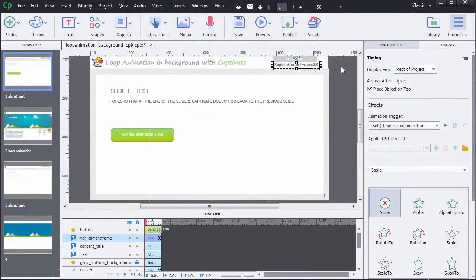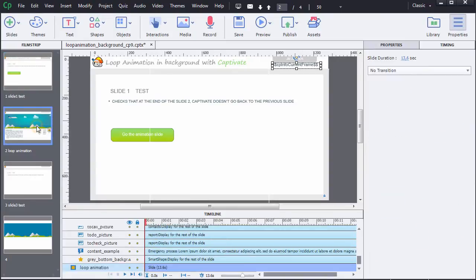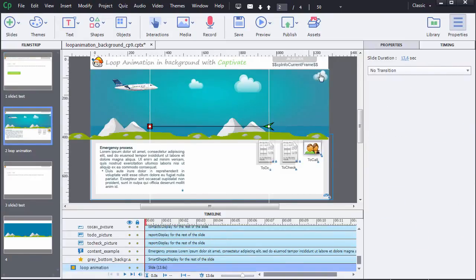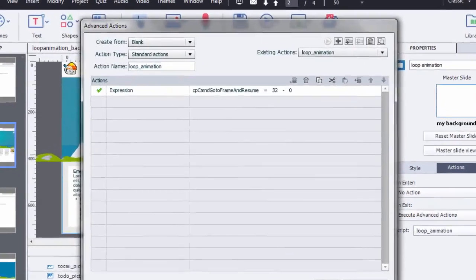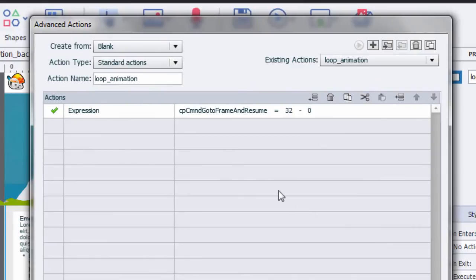I select my animation slide, Properties, and click on my script folder. The created script is a very simple script. It's not a conditional action script, but a standard action script. In regard to the created action, this one is just an expression to which I have assigned a system variable